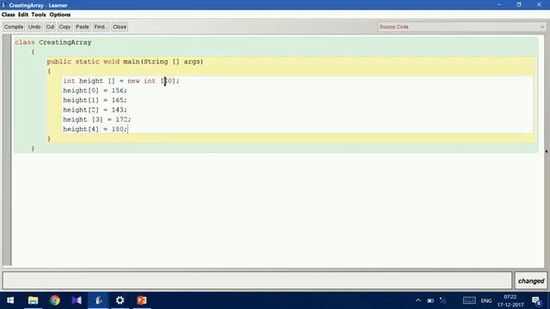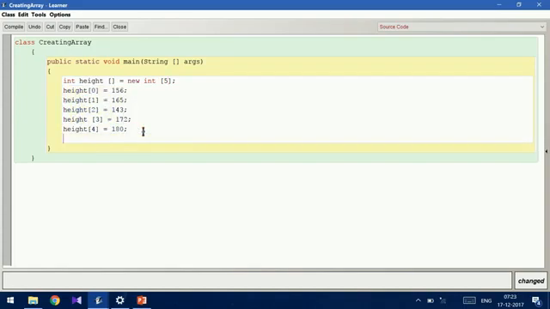So let us have just 5 instead of 20. Let us reduce this. So I have 5, and I have stored all the values. Let us print and check. How to print this? We can print it in a single statement.